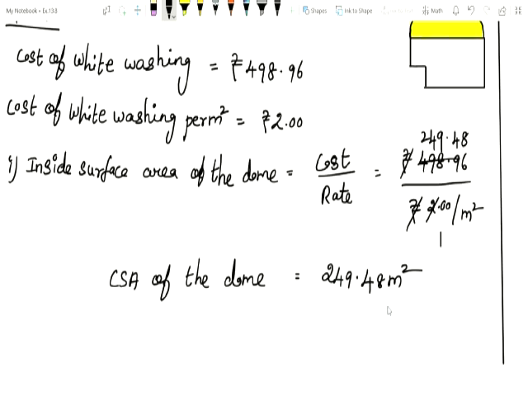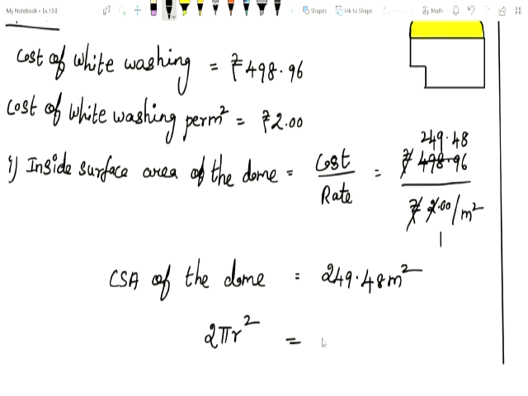Next, we need to find out volume of the air inside the dome. If you want to find volume, you need a radius value. But radius value is not given in the question. Instead of the radius, what is given here? Curved surface area we found that. Using this, we need to find out radius. After that, we need to find volume. So, curved surface area of the hemisphere. What is the formula, children? 2 pi r square.